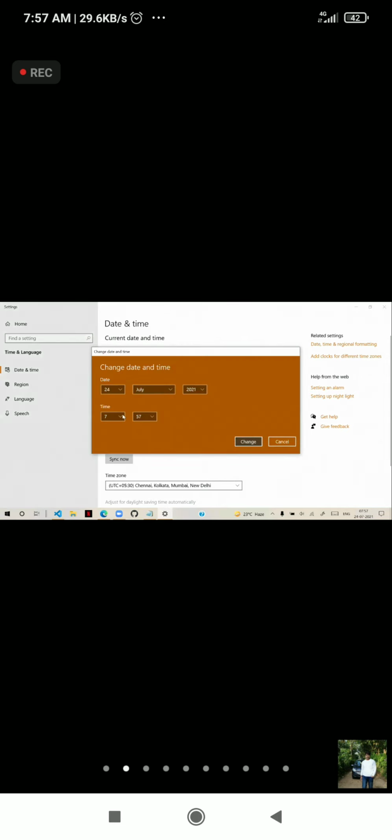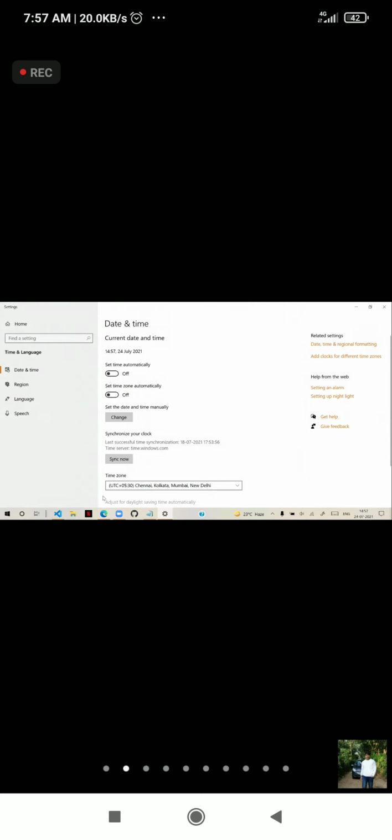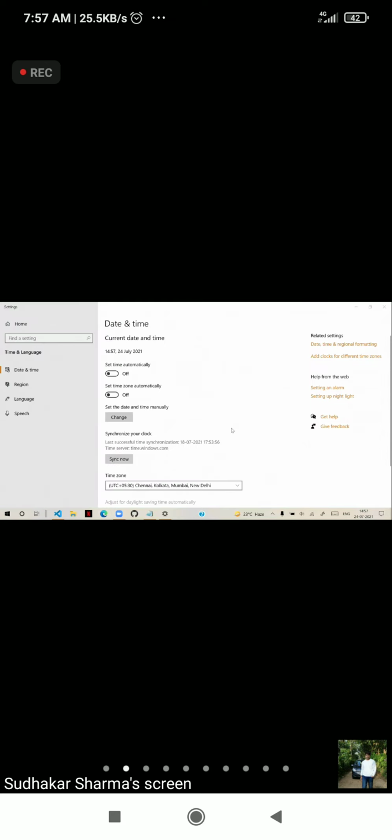And suppose I change this time to 14:57. After changing the time, we have to reload the page actually. Suppose I enter David and say okay, and it is still showing good morning because I need to reload this page, because when the system time changes, we need to reload the page. So launch the page again, because I changed my system time, just to verify. So you need to reload the page.